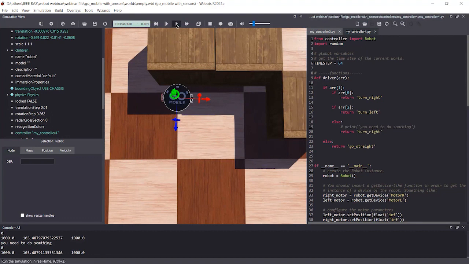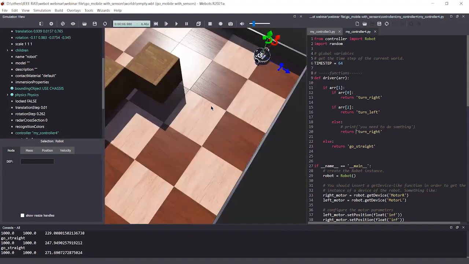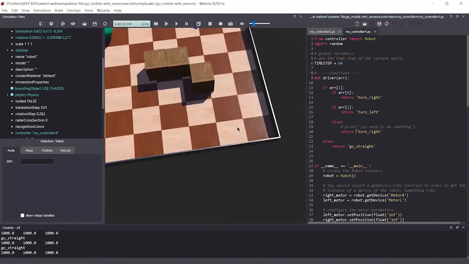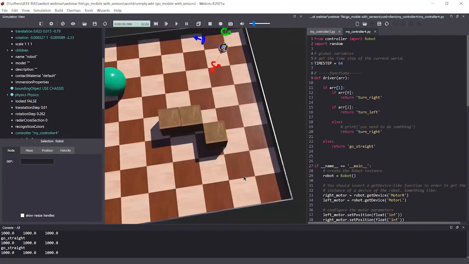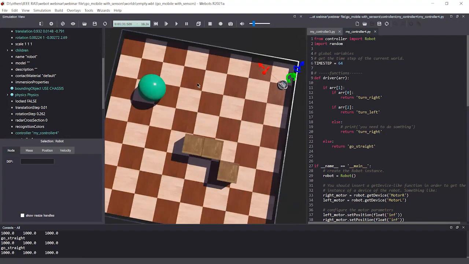So maybe we have to save this and run it again. So let's see what the driver will do in those kinds of situations.